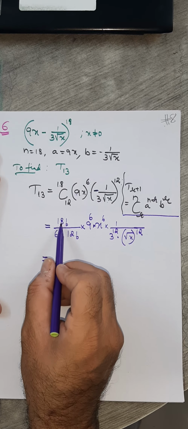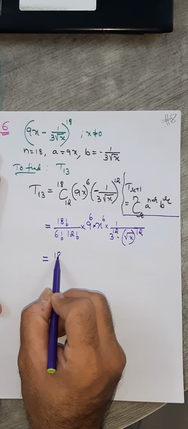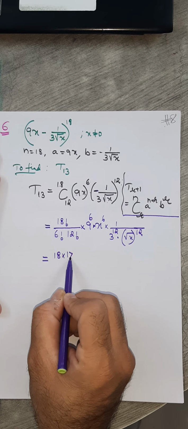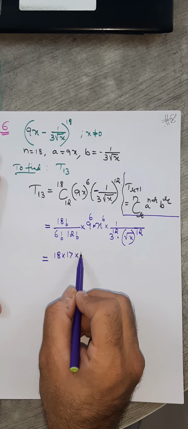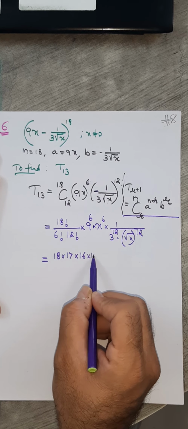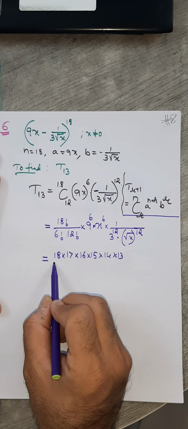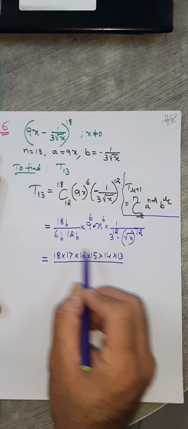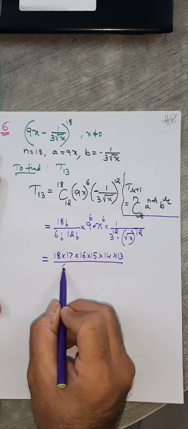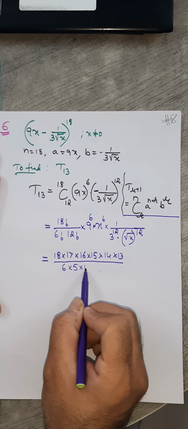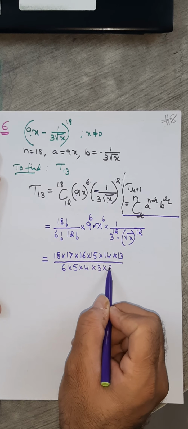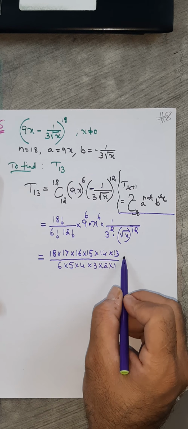How do we simplify this? 18 factorial, you are going to write till 12: 18 into 17 into 16 into 15 into 14 into 13, remember. And then 12 factorial will get cancelled. 6 factorial, you can write at least 6 into 5 into 4 into 3 into 2 into 1, into